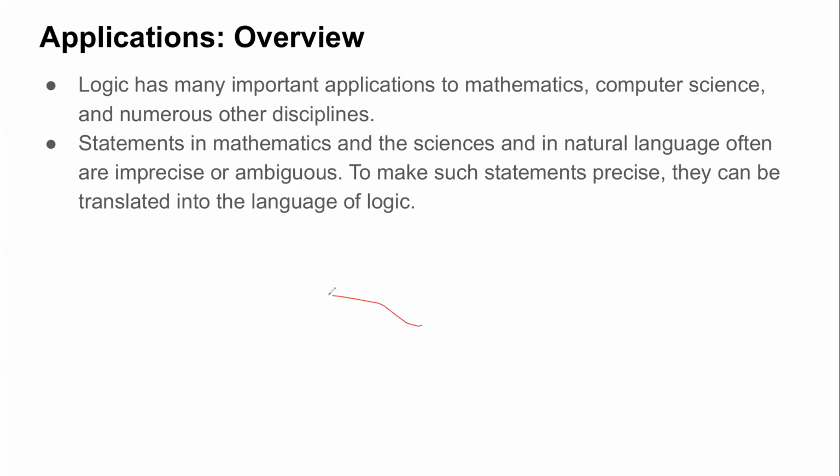In general, logic has applications not just relevant to computer science, but also catering to mathematics, electronic circuitry design, puzzle making, and many more. Whenever we speak in our natural language, or language used in science or mathematics, it sometimes tends to be ambiguous. By ambiguous, I mean that you cannot really say whether that statement is precisely true or false. They are very imprecise statements.